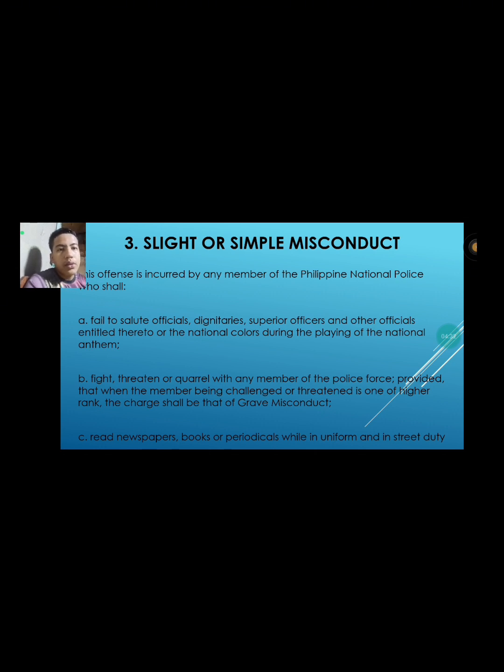Pag nag-fail ka to salute your officials, dignitaries, superior officers, and other officials entitled to be saluted, or the Philippine national flag, national colors, you are violating the slight or simple misconduct. Kasi, kinakailangan talaga yan kahit as civilian, kailangan din nila mag-respect sa flag. And as a public officer, kailangan mo din mag-respect dun sa officials and your seniors,